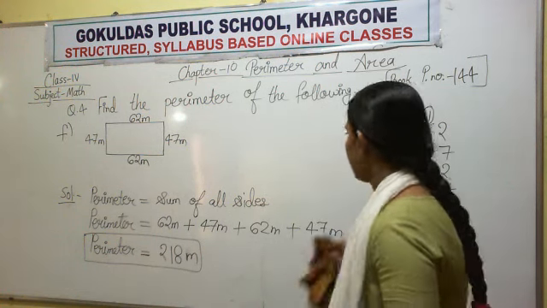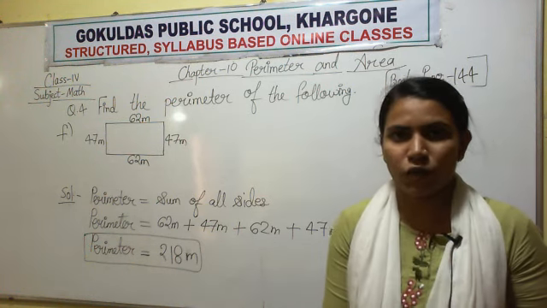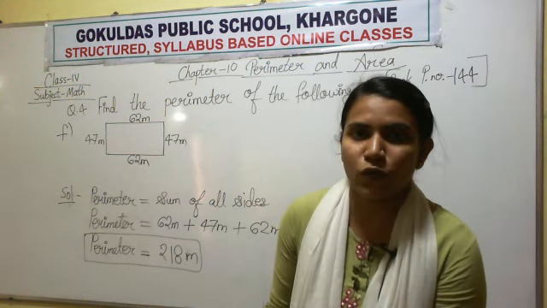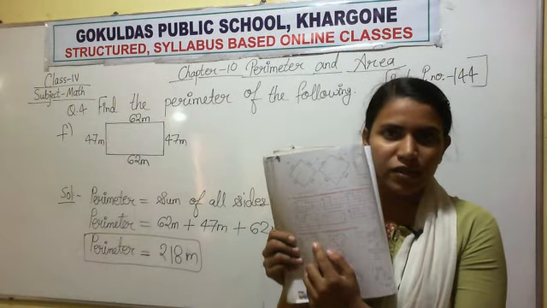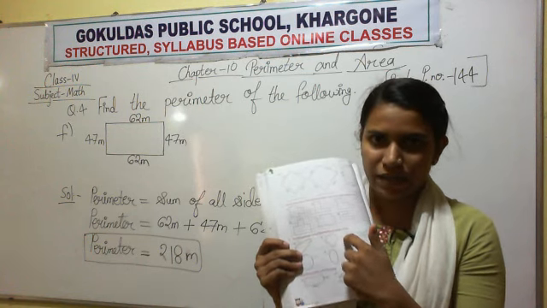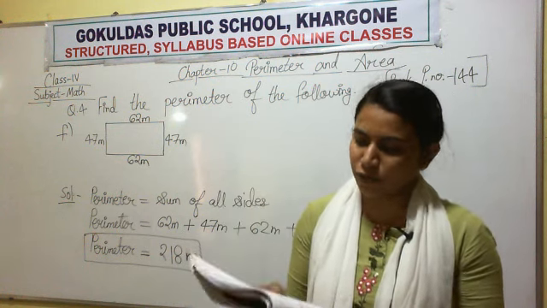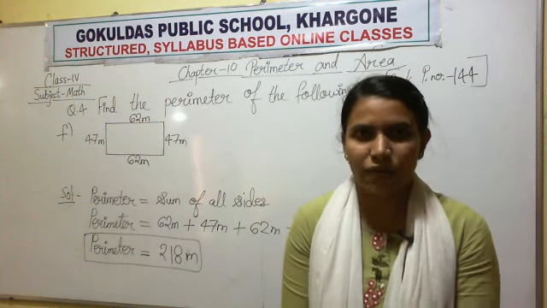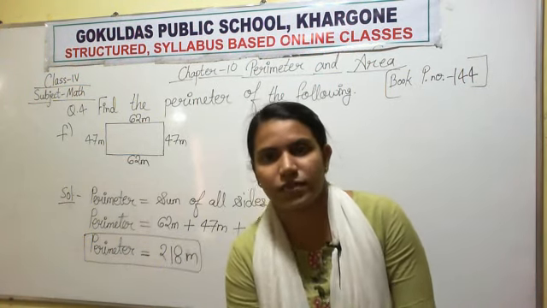Okay, question number 4 is complete here. In this lecture we have done two questions, question number 3 and question number 4. In question number 3, I have shown you how to measure the perimeter with the help of a string. I have shown only one as an example, but the remaining questions you need to solve by yourself. Question number 4, I have done all the questions for you. The remaining questions of the exercise we will cover in our next lecture. Till then, complete your homework. Bye bye.